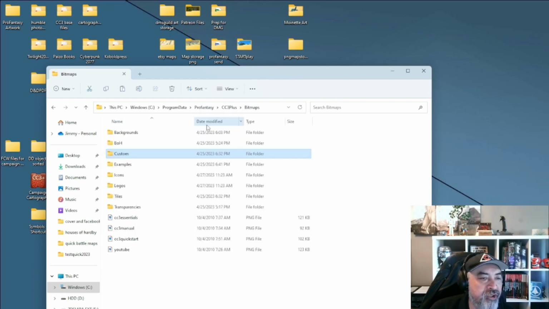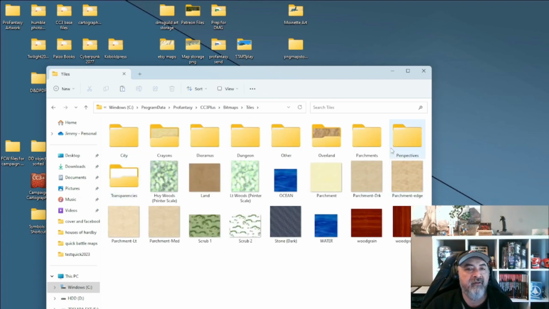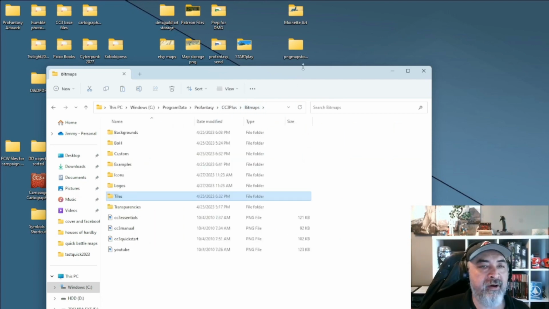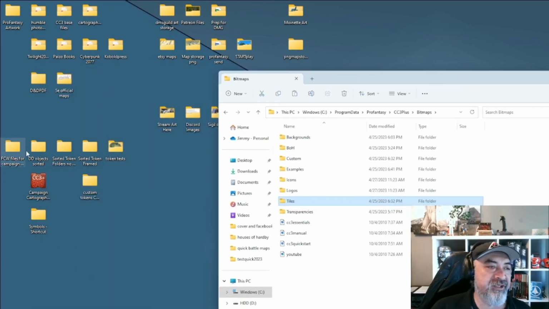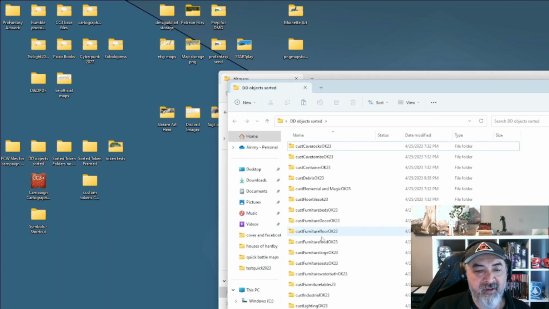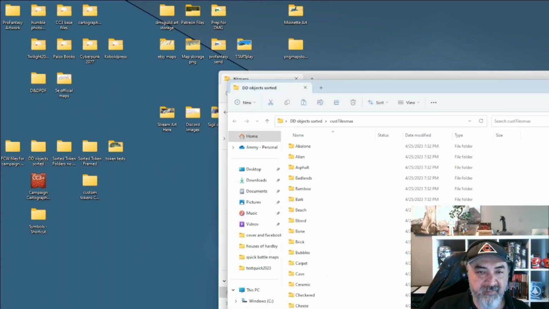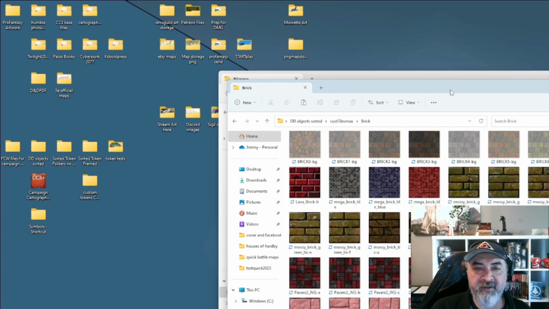Custom is where you're going to put when you start doing, or will it be tiles? Actually, that one's hidden behind a couple things. We'll find that. But there's a way to where, what am I talking about when I say bitmaps? Well, let me just show you real quick. Let me go to my tiles max. And we're going to go to brick. Okay, so all of these little folders here